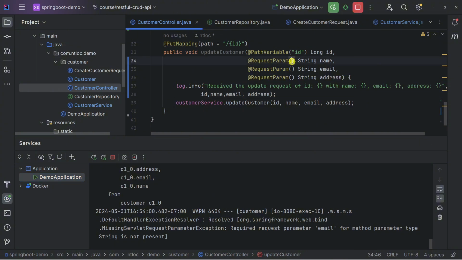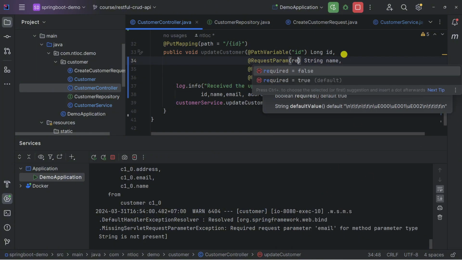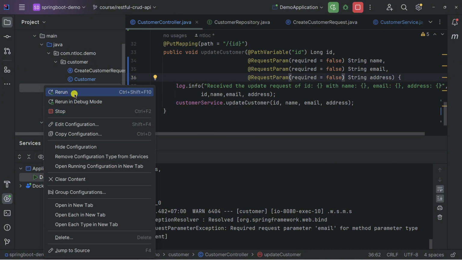In the request param, there is the attribute required, and the default value is true. Let's change it to false. Required false also for the email and the address. And rerun again.